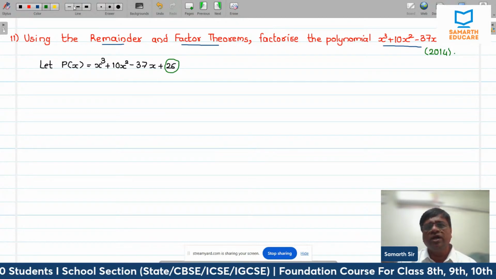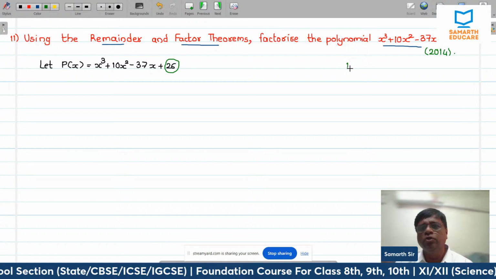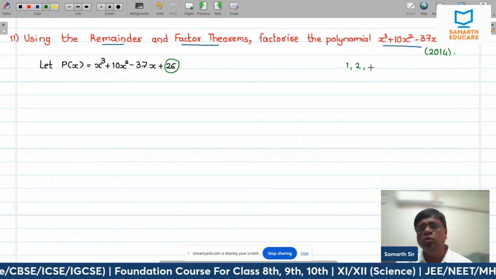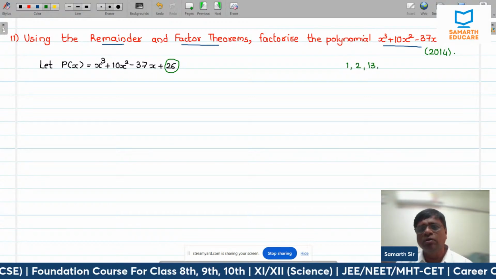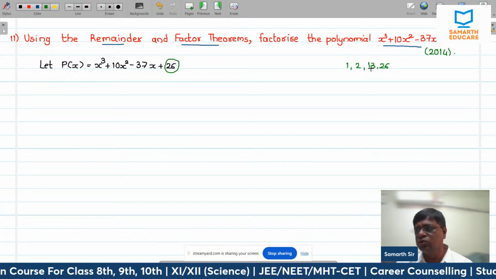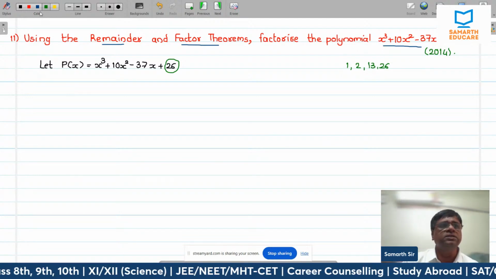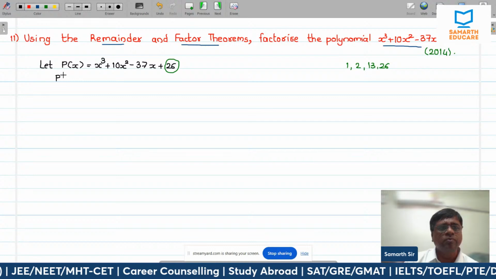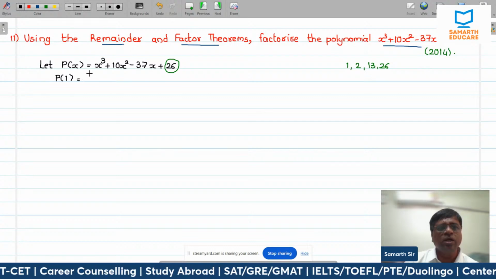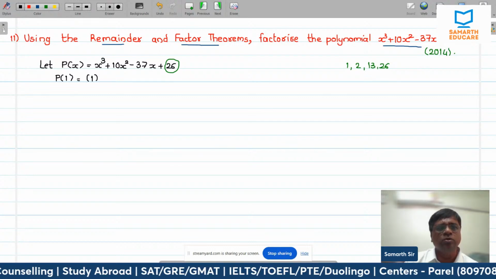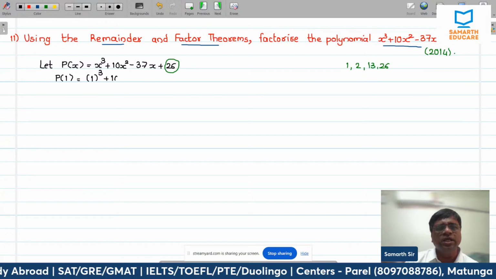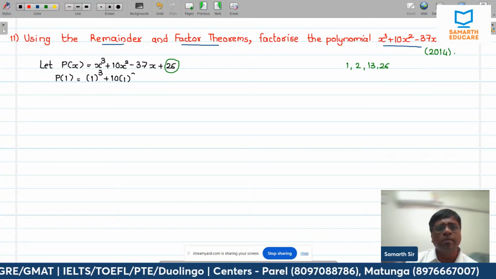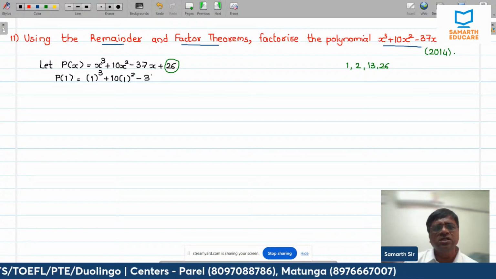So what are the possibilities for factors? One will be 1, another will be 2, then 13, or else 26 is possible. These are the possibilities. All right. So let me try with 1. If I try with 1, what happens is 1 cube plus 10 into 1 square minus 37 into 1